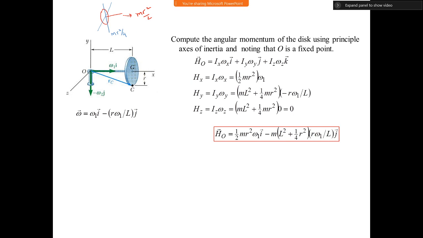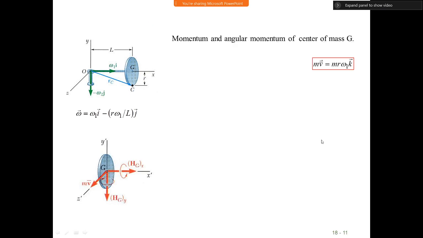And then we have to use the parallel axis theorem to shift this axis from here to here. Therefore it is m L square times the omega y, which is this term, and then Hz, there is no omega in z direction, so this is 0. So the angular momentum about the fixed point O can be given by this expression. Similarly, it is more convenient, and we will see in a few slides later that it is more convenient to express things about the center of mass.